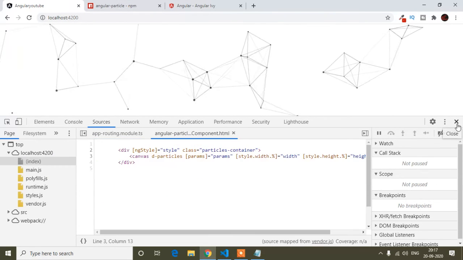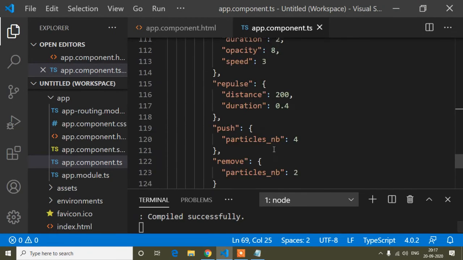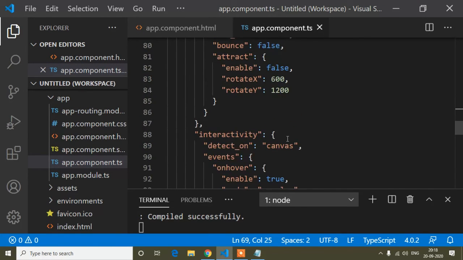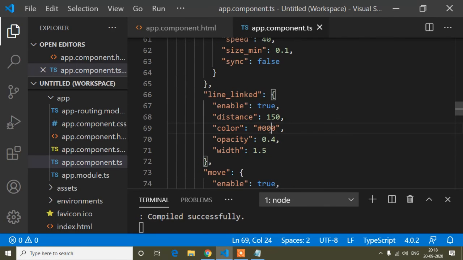Okay, so the color I have to write this way. We can't write red or white here this way, so I have to write the color code.